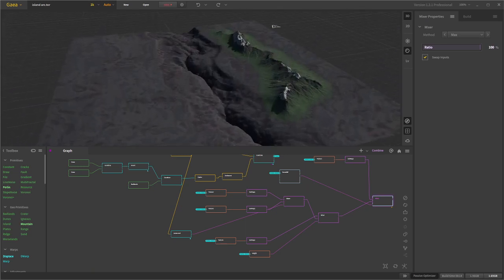to the next step, which was to export these textures into Terragen.